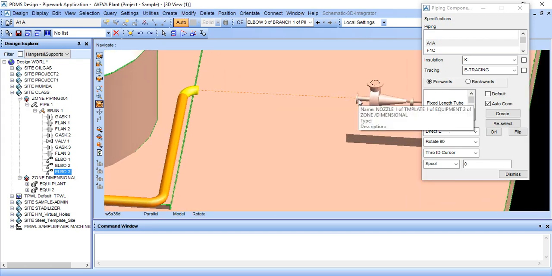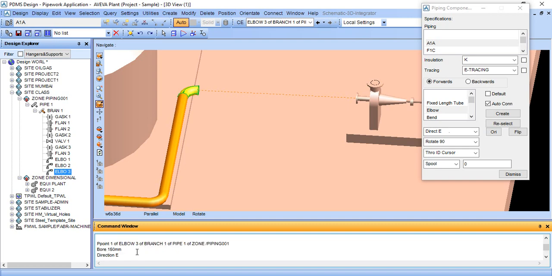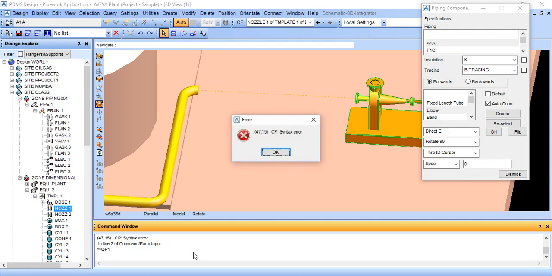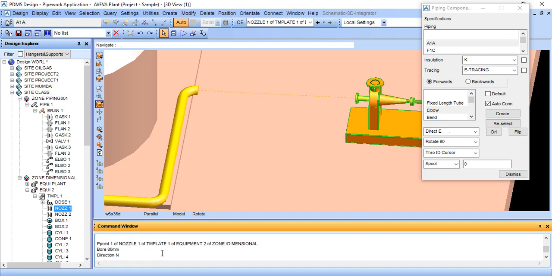here we can see it is small, so we will measure the attributes, Q P1. So here its bore size is 150, and now we will measure this. For selecting this, click on navigate to element, select this and check Q P1. Sorry, I forgot to put space, Q space P1. 80. So it is 150 and this is 80. So we need a reducer here.